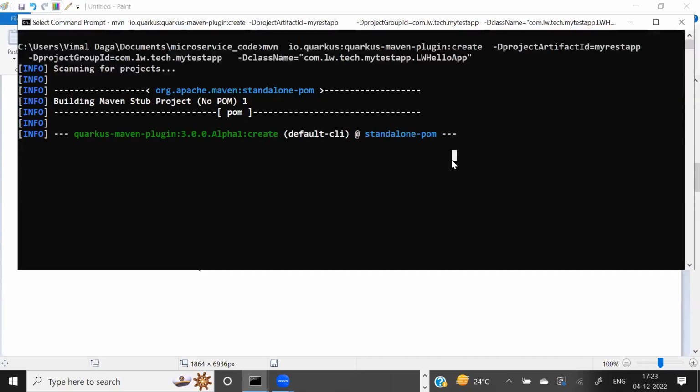Okay, so just waiting for this project to be created. Be sure this is a capital letter, name and capital. In project G or I is capital. Okay, project group ID, and project artifact ID is also capital.